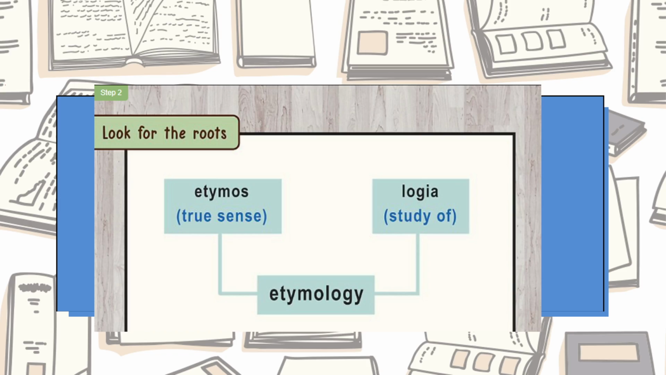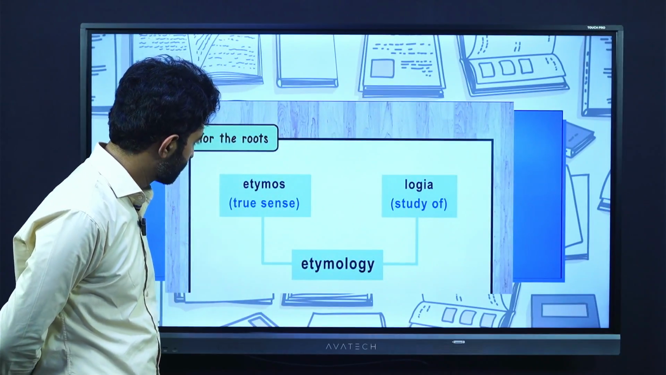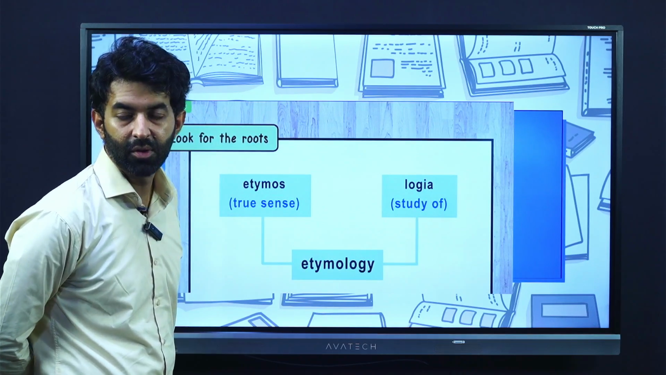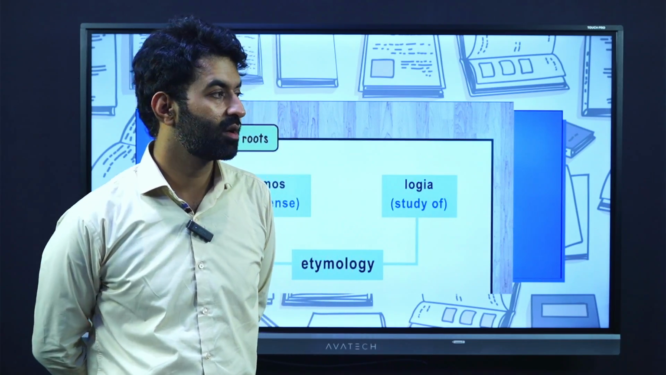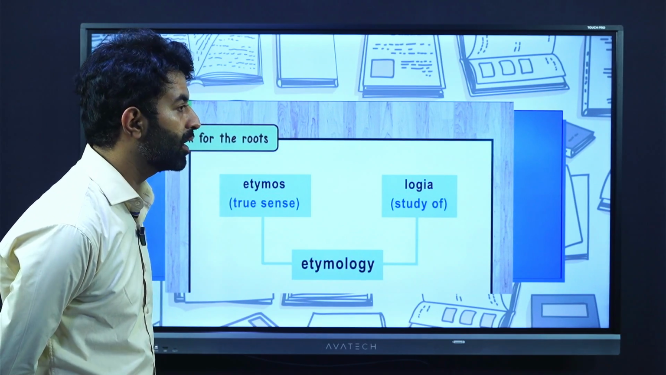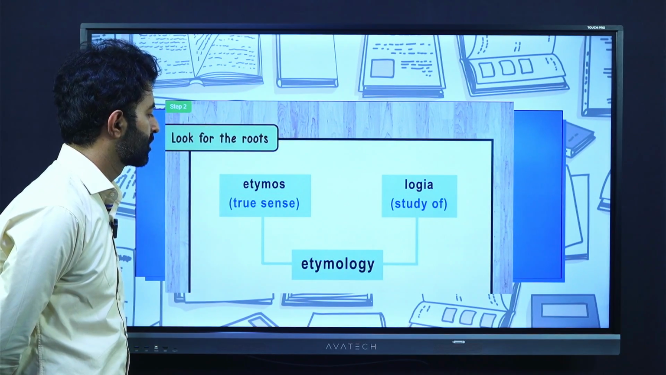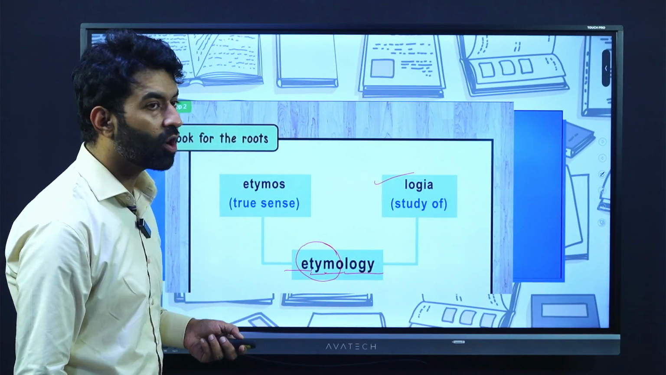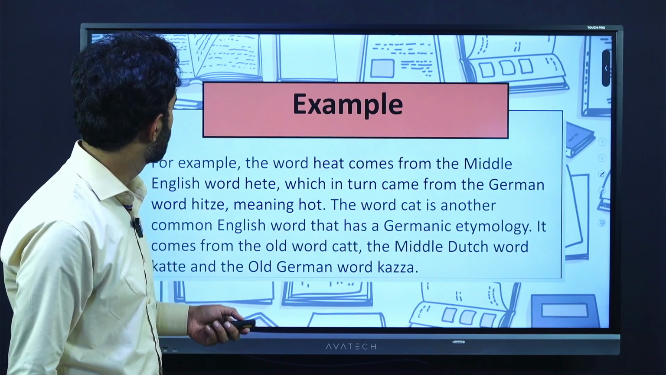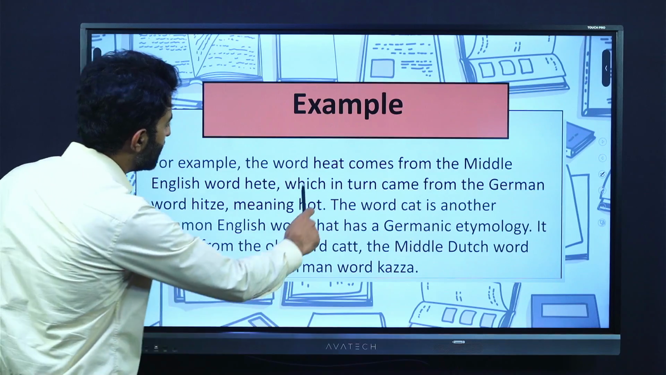Word etymology itself. Etymology, how many syllables are there? Who will tell me? Who is going to tell me the syllables in the word etymology? ...logia, which means the study of the true sense of any word. Here we have examples like heat comes from the word